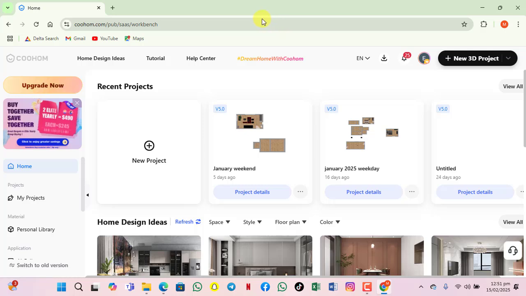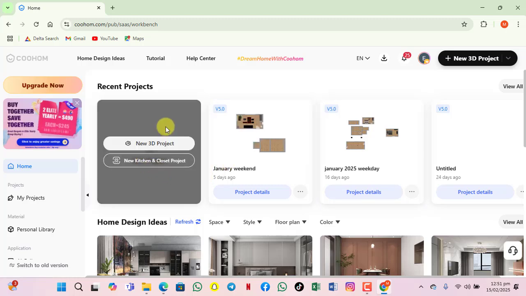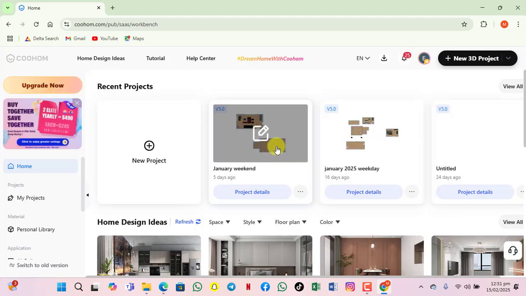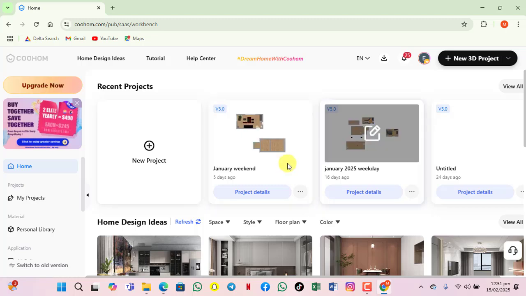Yeah. Okay. So first things first. If you have used Cohome, you'll see you have multiple projects. So for this account, these are the projects I have there. Now you would have multiple projects. So the projects you have at that point in time will be displayed there. Okay. Now